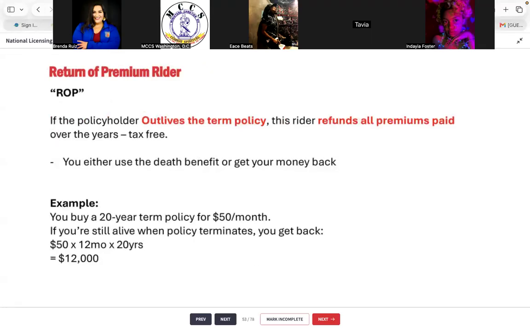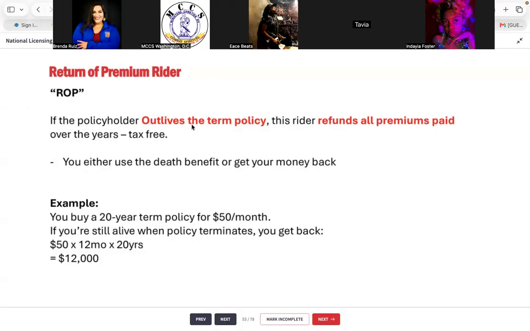Okay, return of premium. Let's say I buy a policy. I'm 25 years old and I buy this policy for 30 years. Most ROPs are 30 years. Fast forward to the future. I'm now 55 years old. I'm still alive and I feel better than ever. I'm probably not passing away for another 20 years, but I just spent all this money on paying this policy for 30 years. Now what? Well, if I had an ROP policy, a return of premium, I could actually get all my money back.